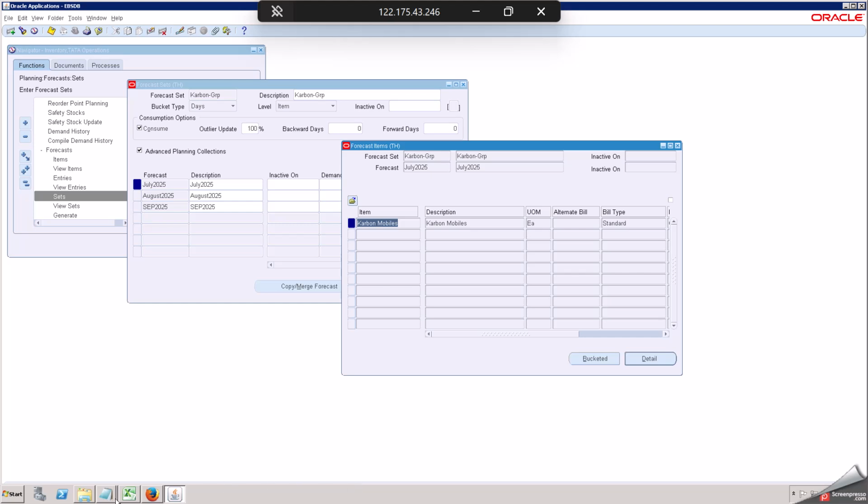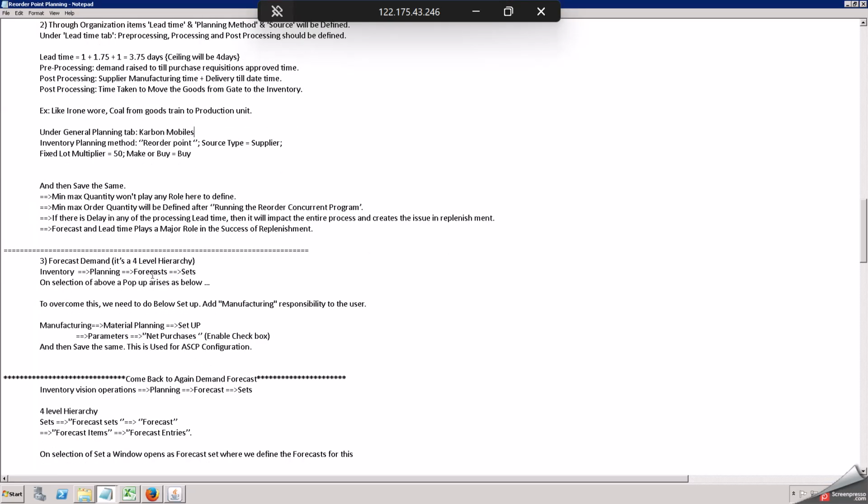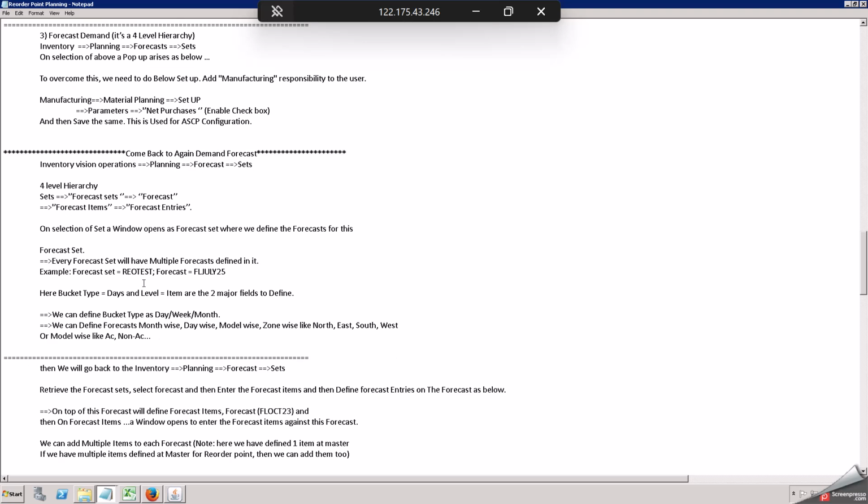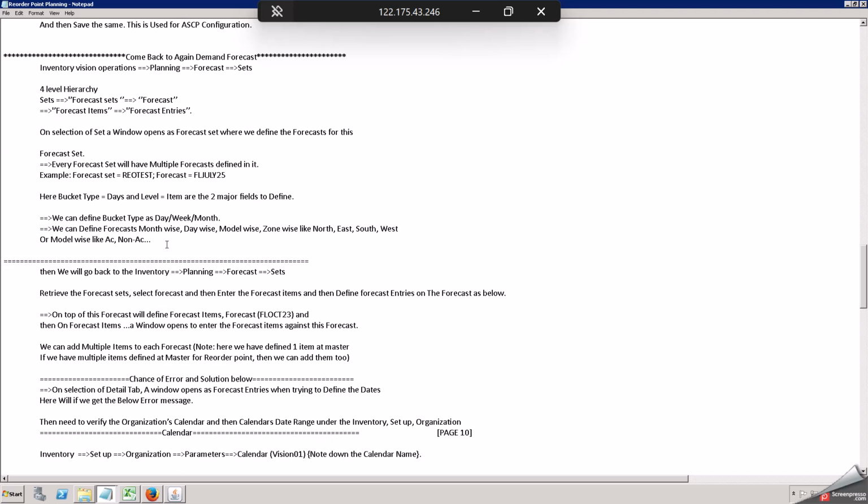Okay, I'll just go with only July. Now what we need to do is go to the second level. We have defined these entries. Now what we need to do is,